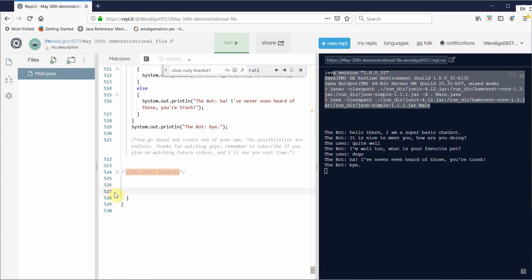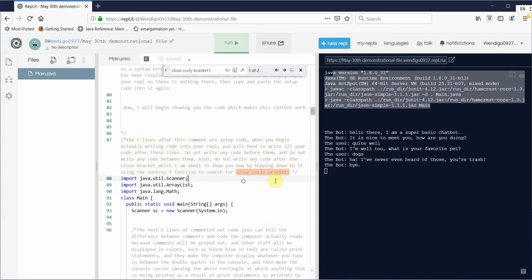It doesn't matter what line number it is, just as long as it is a line number higher than the line number of the second last close curly bracket on the page. So I'm just going to erase these spaces, hop back up to where we were to begin with. Okay, so